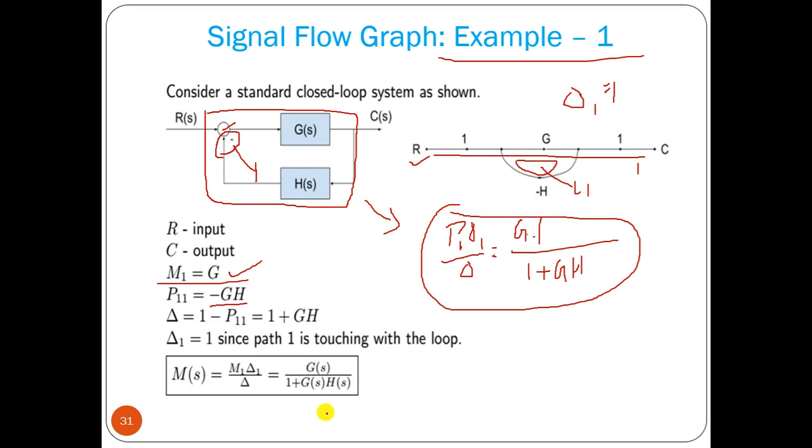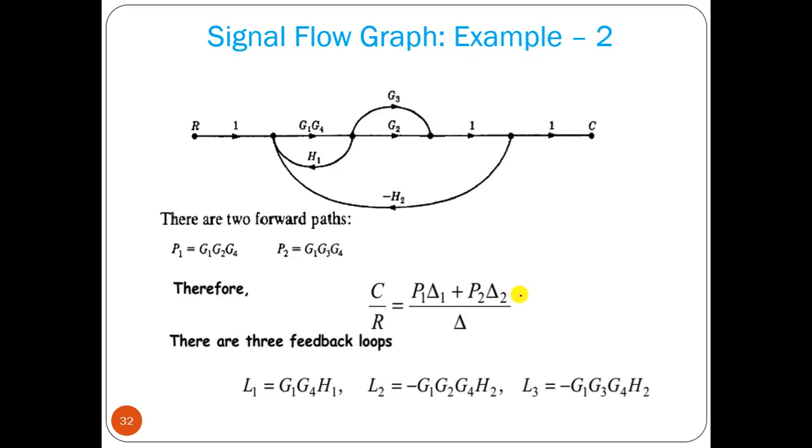So this is the formula that we have derived from the block diagram previously. Now we have derived it from the signal flow graph by applying Mason's gain formula. So we don't have to find out what E(s) is; those calculations are not required. We can find it directly by putting those values in this particular Mason's gain formula. So this is the beauty of the signal flow graph technique. Now, say this is one example.